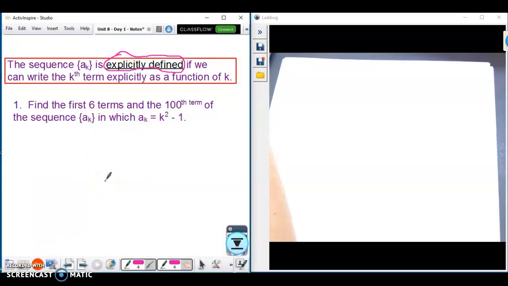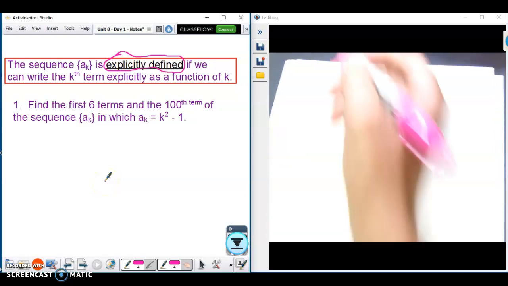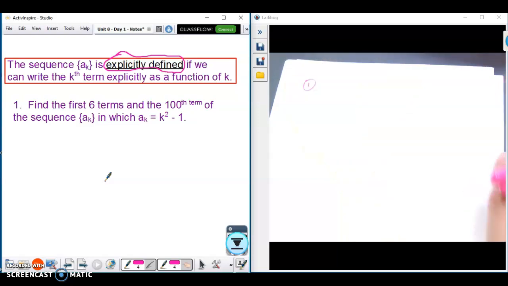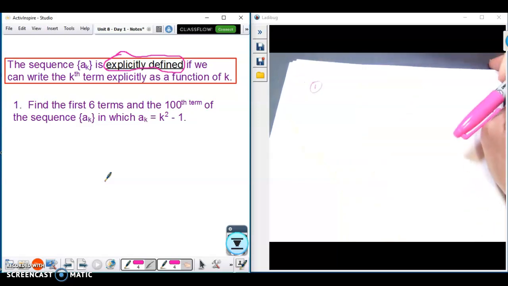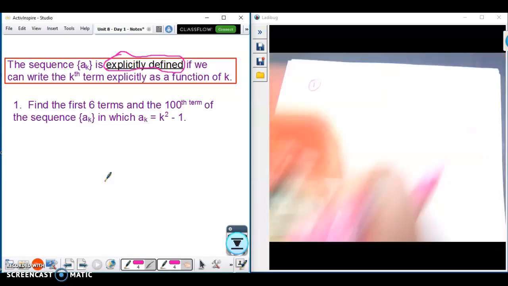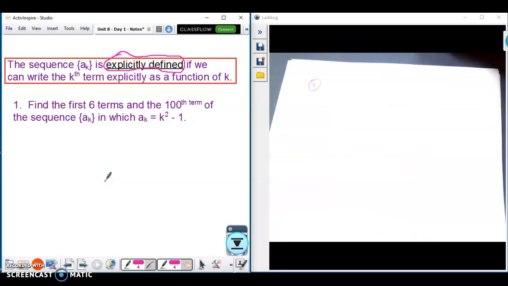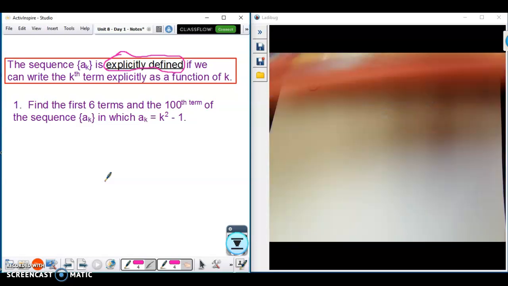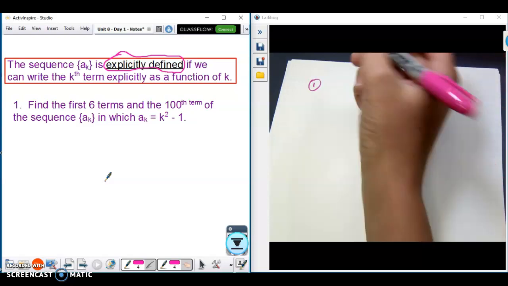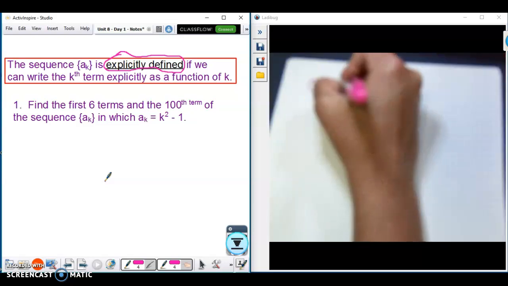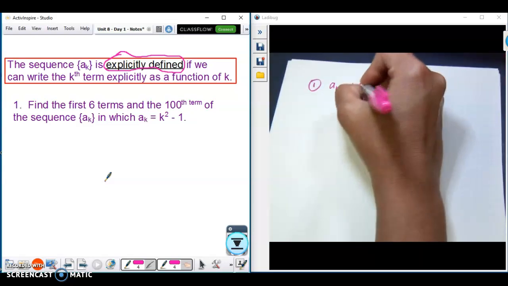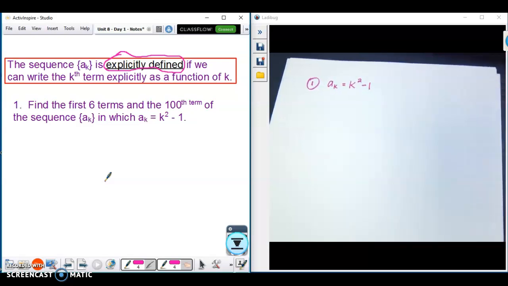Okay, so looking at our first example, and then we will be going back to that formula sheet at a later time. It says find the first 6 terms and the 100th term of the sequence a sub k, in which a sub k is k squared minus 1. We didn't need that formula sheet here because they gave us the formula. So here's our formula. Because this is the explicit formula,